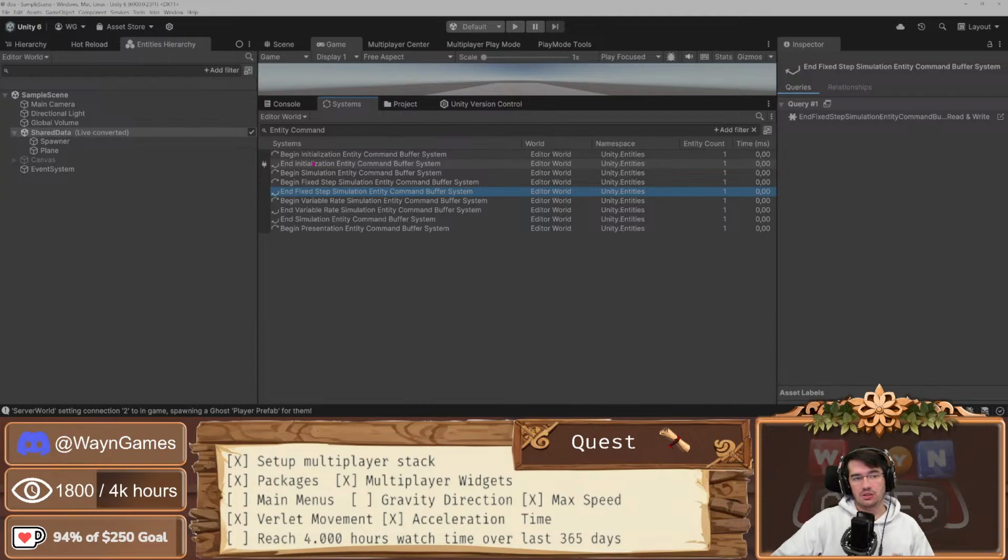Your only issue is if you would add something to the begin initialization entity command buffer. Because if you load your scene in between these two command buffers, or you unload your scene in between these two entity command buffers,